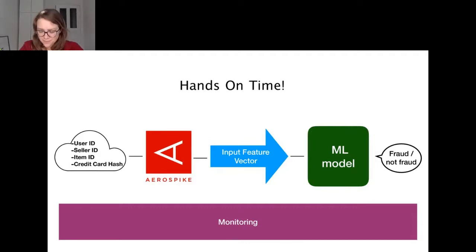And there is monitoring on the whole system because it needs to meet requirements like, is the performance time fast enough? Is the prediction accurate enough? Have I been blocking transactions from users who should not be blocked, and or have I been allowing transactions for users that were actually fraudulent, and so on?